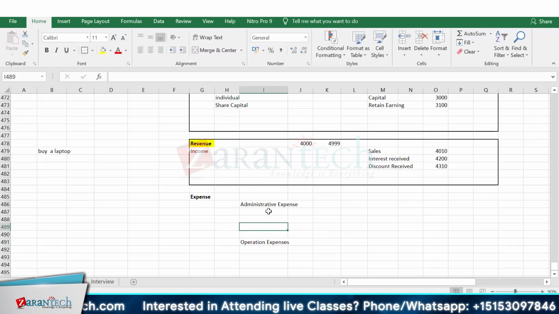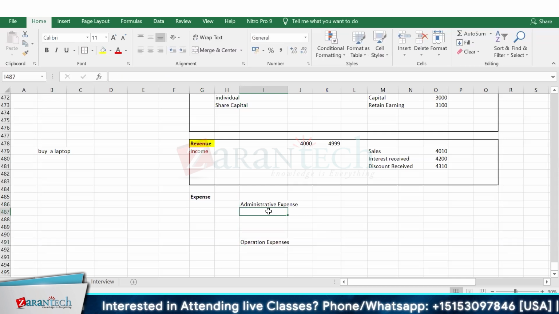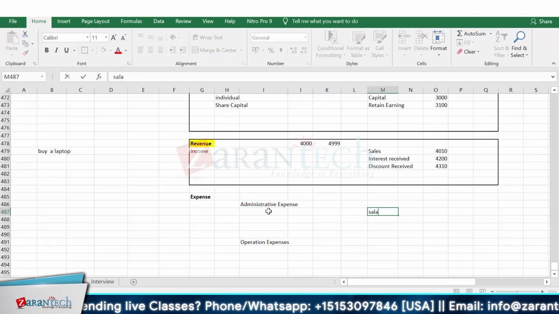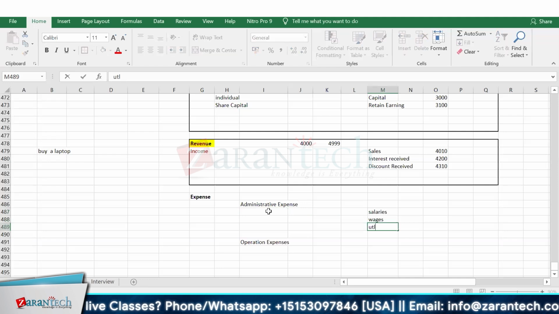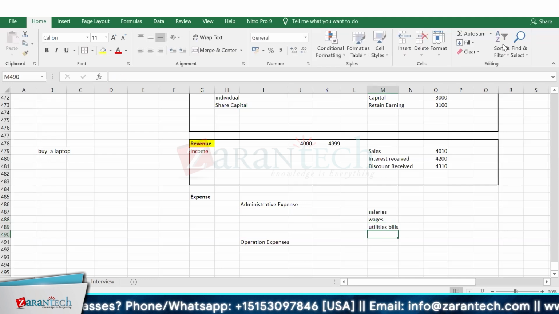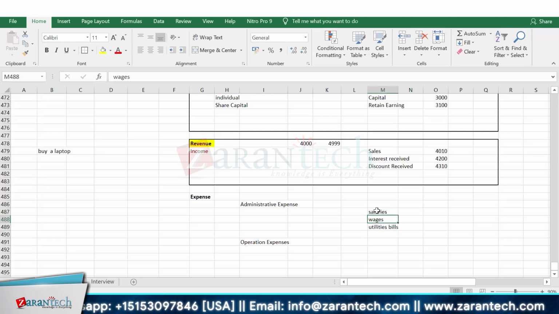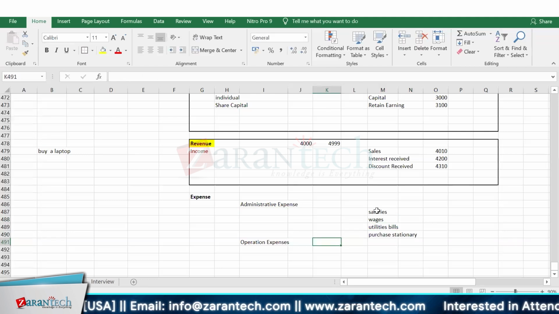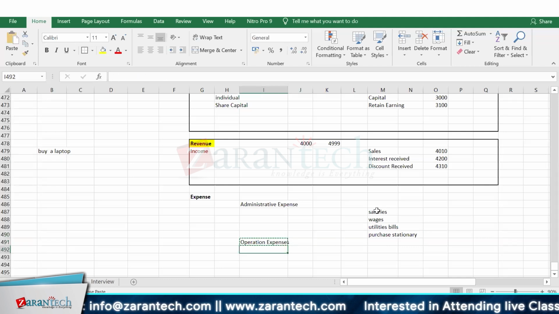Administrative expenses are those that you are maintaining in the company: your utility bills, salaries, wages, building, equipment and everything. Some purchases, stationery, transportation. So these are all my administrative expenses. Operation expenses are those